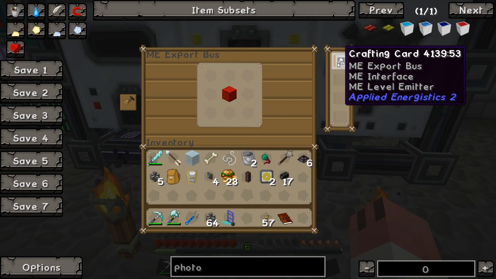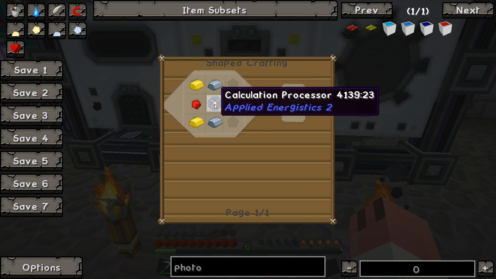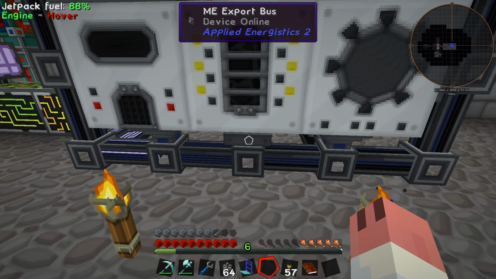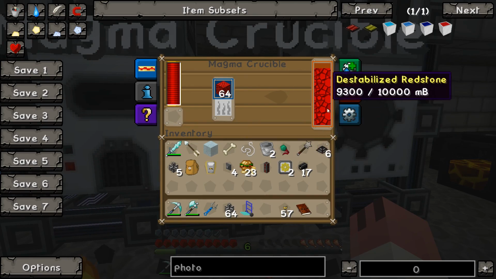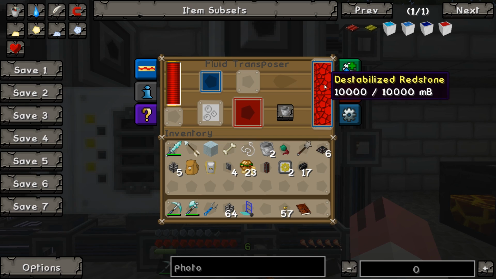I'll show you guys. I have this crafting card. This crafting card is a crafting table and a basic card, which is one calculation processor, pretty easy to make. And I told it to be pulling redstone. What this means is it always wants to pull blocks of redstone until it has a full stack in here. So I'll always constantly be creating destabilized redstone in this magma crucible